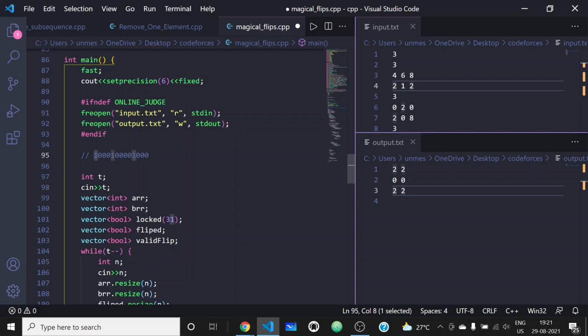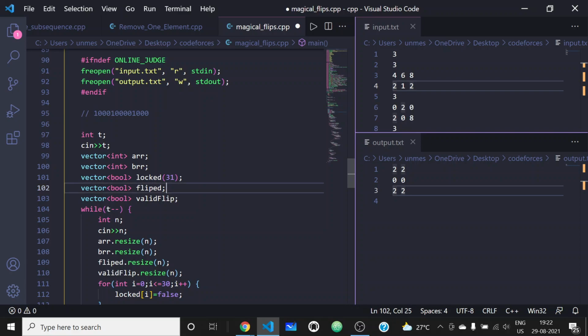We have found a way to set that bit in the resultant bitwise AND, and this is for storing which of the cards has been flipped, and this is basically for storing which card we can flip without altering the previous bit.